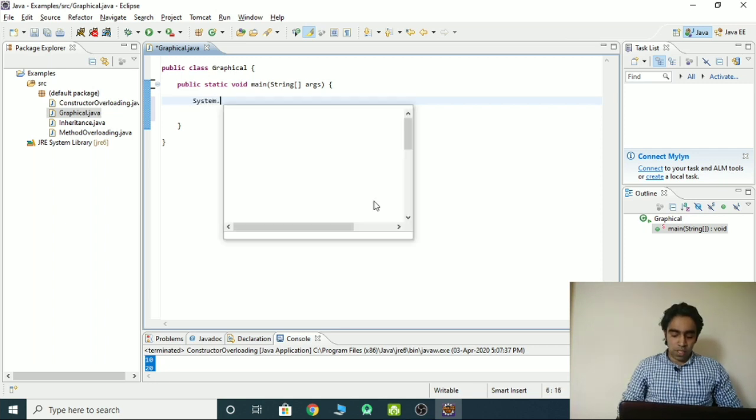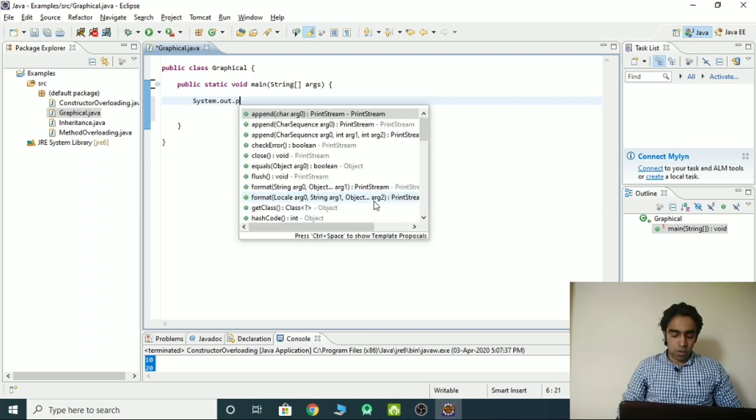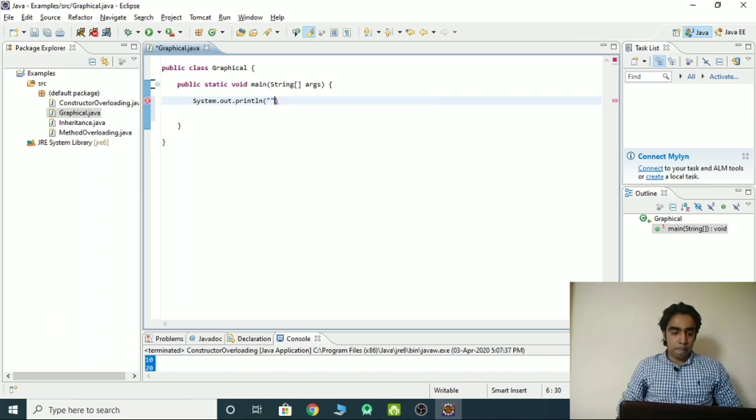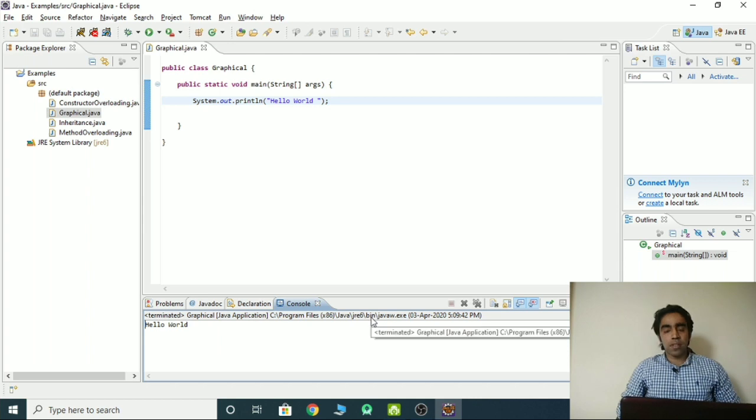We have to write system dot out dot println, and just write hello world, and provide a semicolon. This is the first program of Java which we have discussed earlier. Everybody discusses this program whenever he or she starts programming.